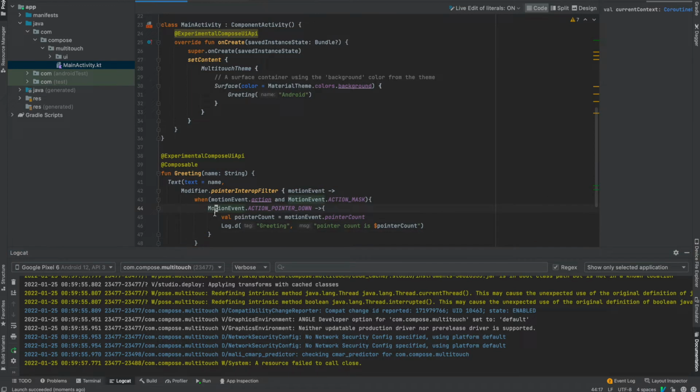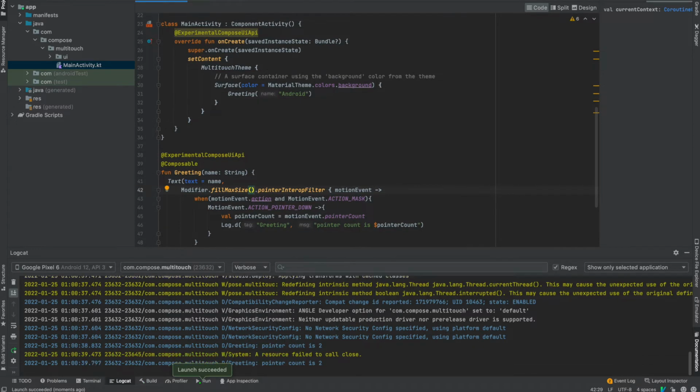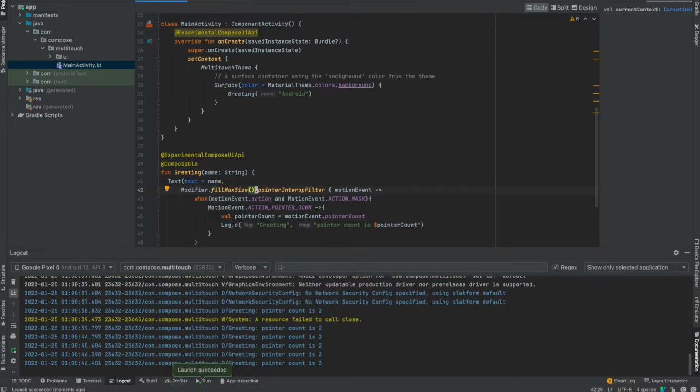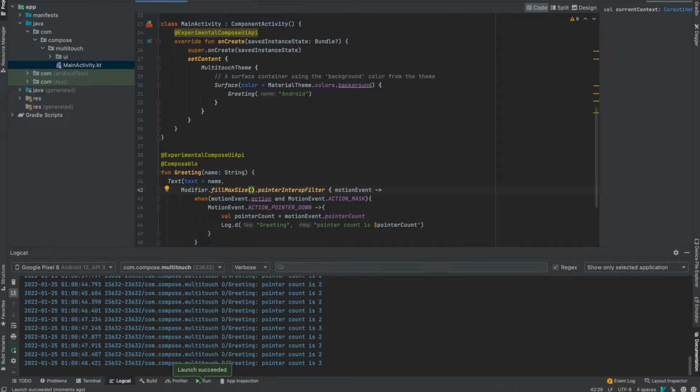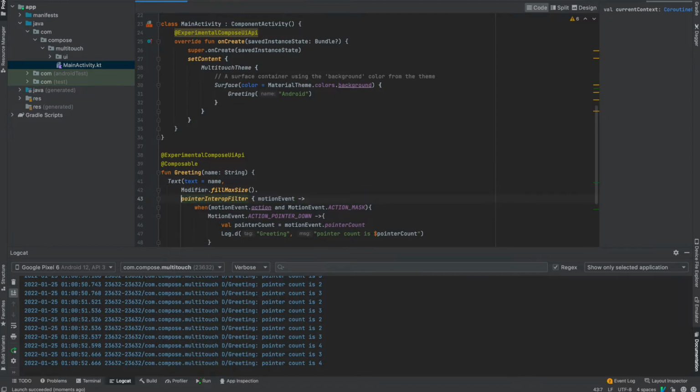One thing I didn't do was make it the size of the whole screen, so I need to do fillMaxSize. That way it's easier to test this. I'll reformat it a little bit. And you see I'm using 2 fingers, or 3. I'm detecting if there are multiple. I'll do 4. So that's one way, but it keeps processing, and I wanted to find another way